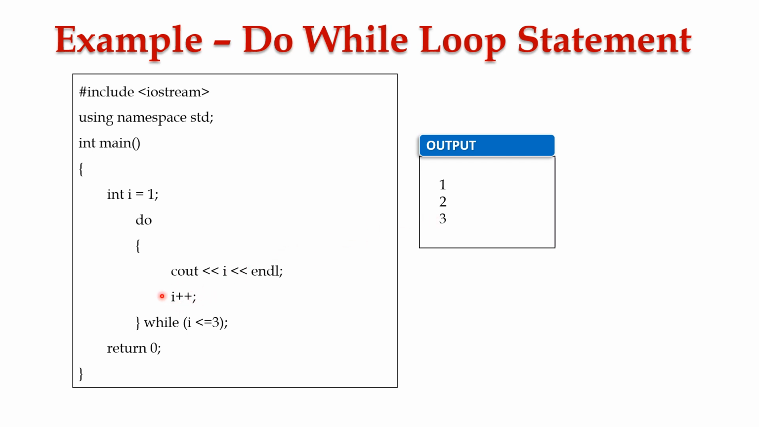Next, we are incrementing the variable I by 1, that is 3 plus 1 is equal to 4. Next, we have while condition, that is 4 is less than or equal to 3 is false. So the loop gets terminated here. Next, we have return 0 statement and the